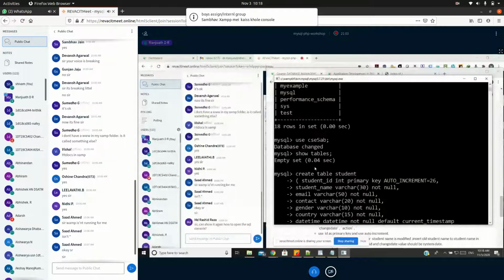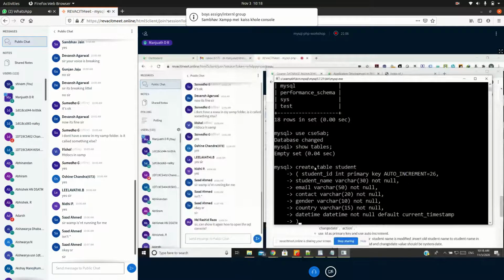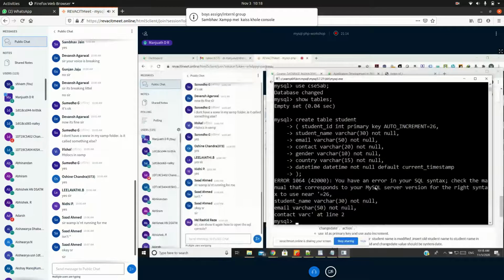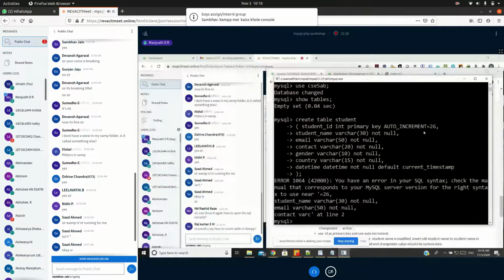Okay, just close this and I'll execute this. Not null default. Okay, no problem with us. So I have some error: syntax, check the manual that corresponds. Okay, line 26 here, auto increment. Leave that auto increment. What I do is I just copy and paste again.